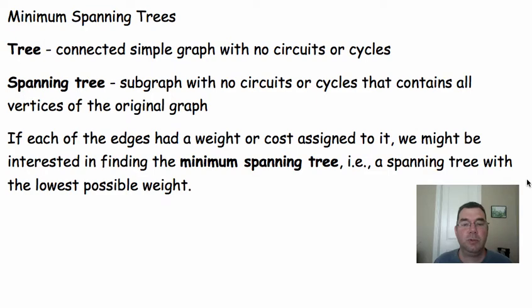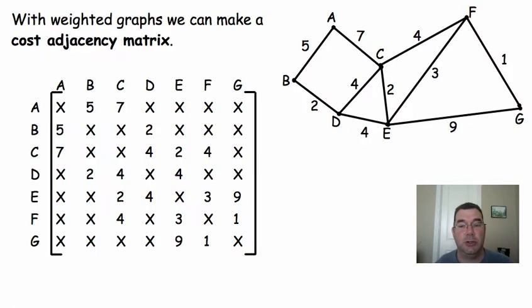So what we do now is we assign each of these edges a weight, and maybe the weight is either the length of that road, or it's the cost of traveling that road, or something. There is a certain weight or cost assigned to it. And so what we want to do is get from every vertex to every other vertex using a tree, but we want to use the one that has the lowest possible weight. Okay? So there are a couple of people that came up with different algorithms to do this,